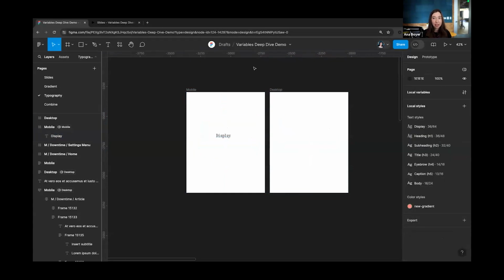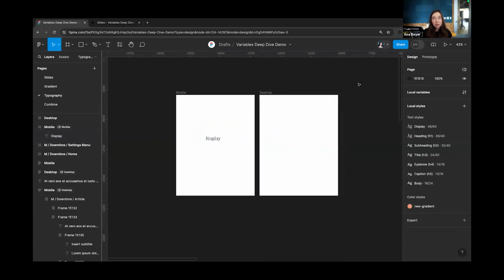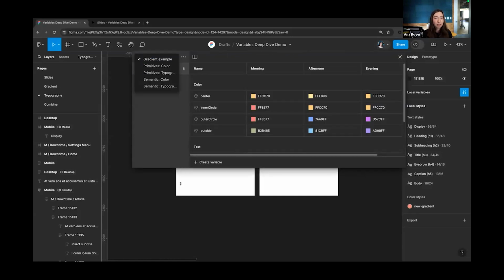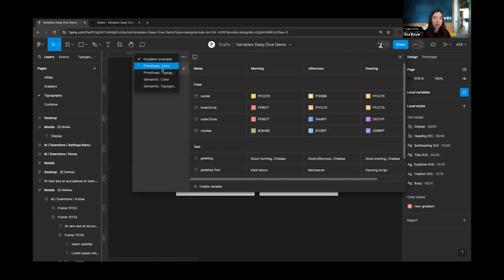So that's how you can create them. But something I want to talk about as well is what are some best practices when it comes to creating your variables. You've probably recalled, if you've watched any prior best practice videos or demos in the past when we initially launched variables, how we have collections as a way to organize your variables. So looking at the variables I have set up here,